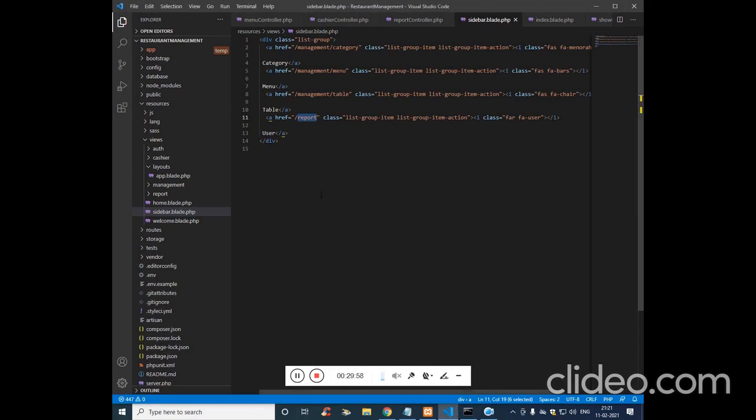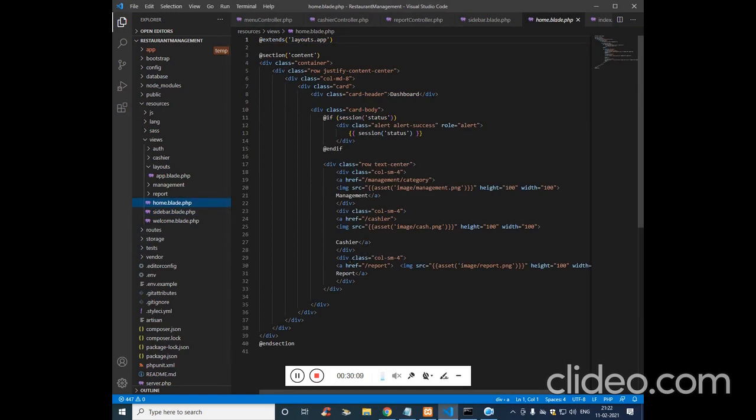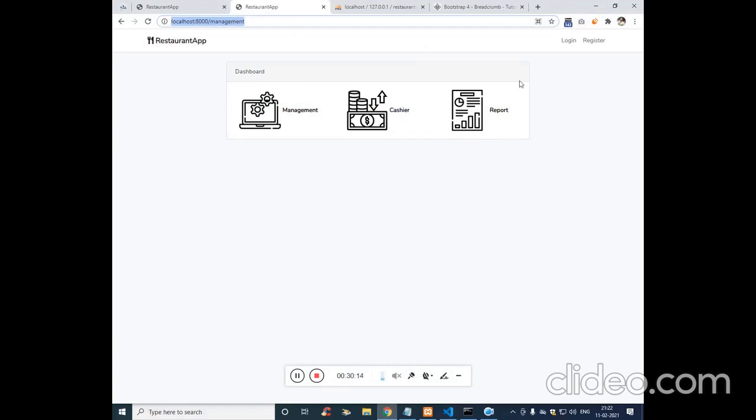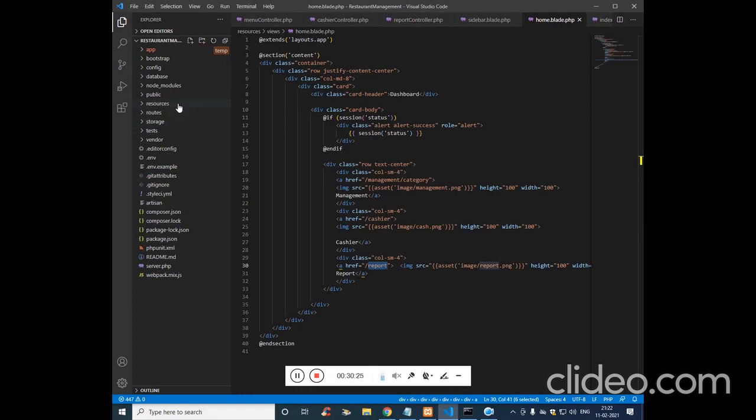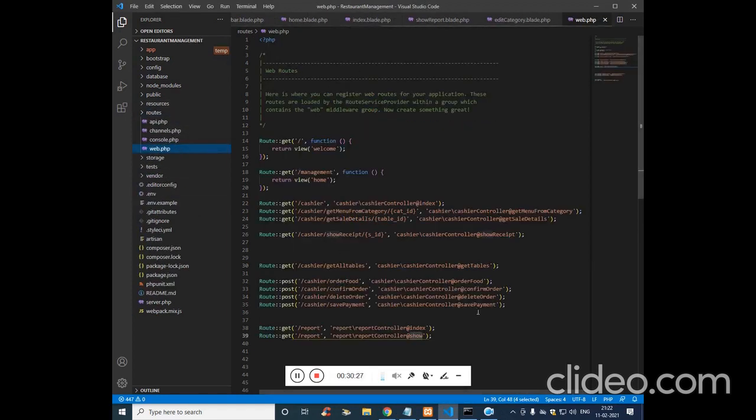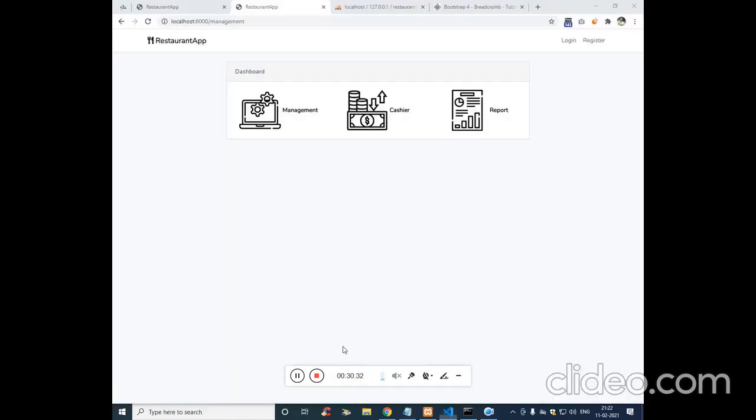So actually this is not the place. So here it is, report. That seems to be working. Click on report. Why is it not getting redirected? On the web.php, which is available in routes web.php. Actually it is show. Okay,